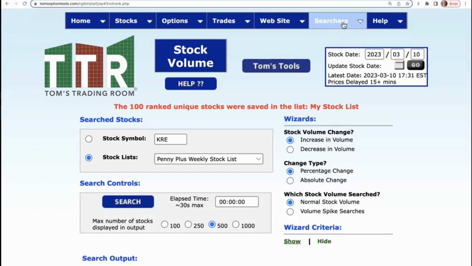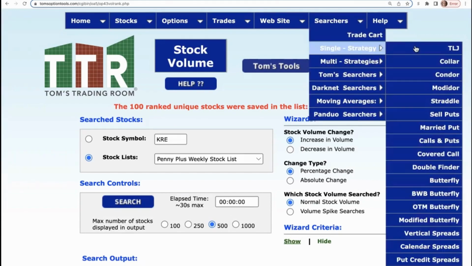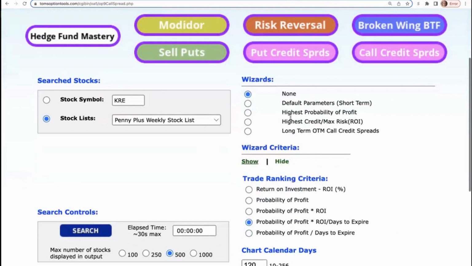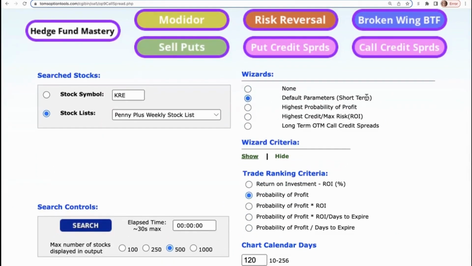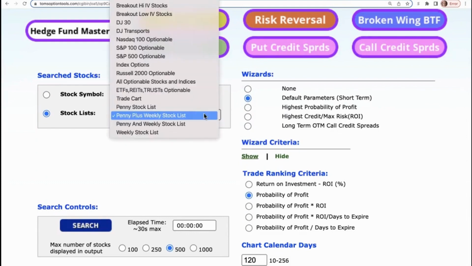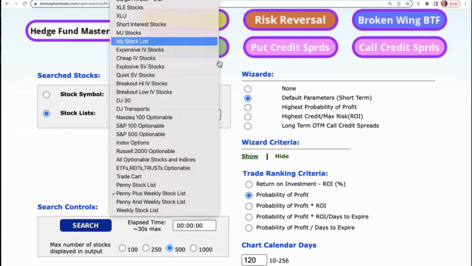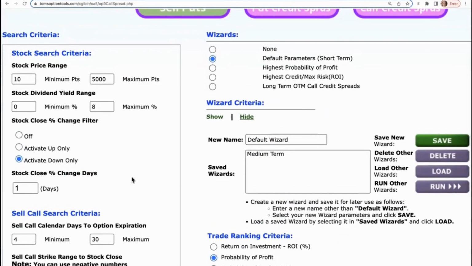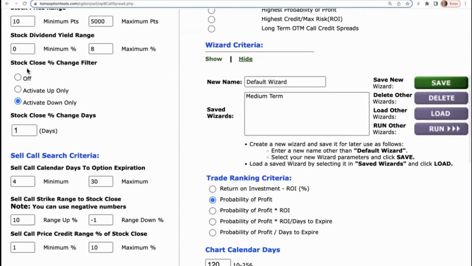And then I can go into searchers, single strategy, and call credit spread. So let's grab it and take a look. Call credit spread. And then I'm going to set my wizard setting to default parameters, short term. I want my stock list now. And before I hit search here, I want to show you one more thing. So this scanner is actually going to implement stock close percent change